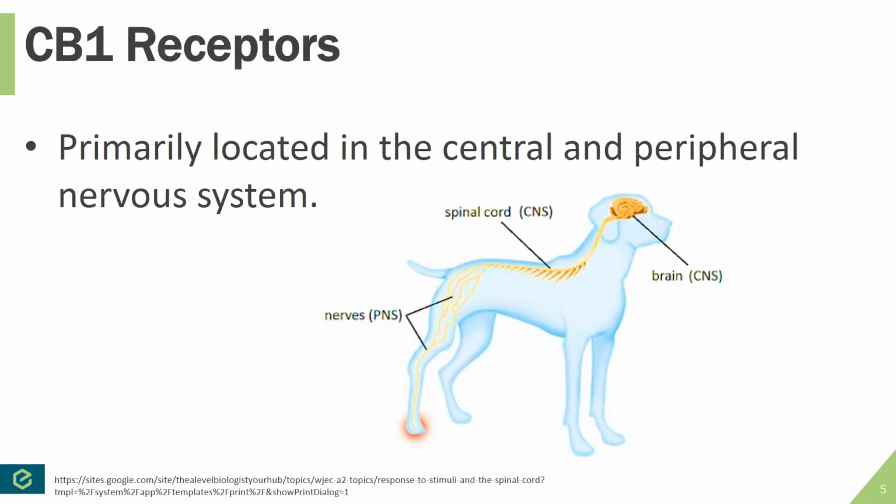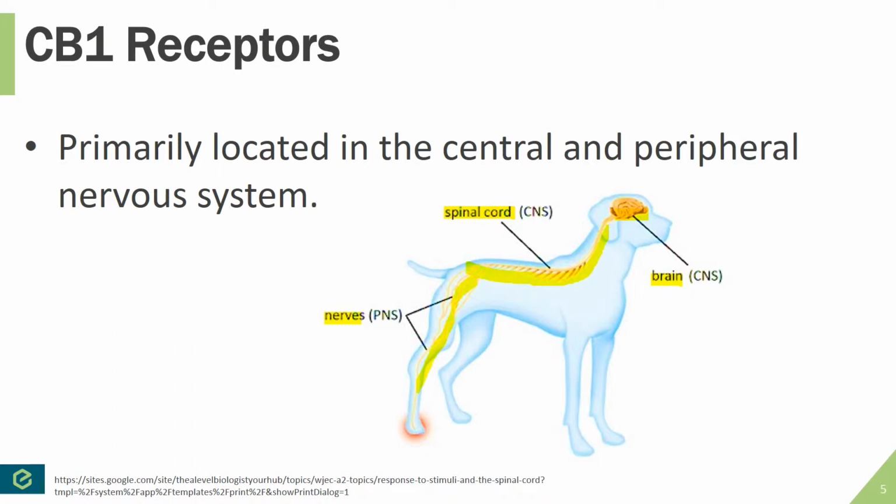First, let's talk about the CB1 receptors. These receptors are primarily located in the central and peripheral nervous systems. So to describe what these are, we have this picture here of a dog where you can see it's got its brain, spinal cord, and peripheral nerves drawn. So brain being here, spinal cord going down the dog here, and then these peripheral nerves that are going down